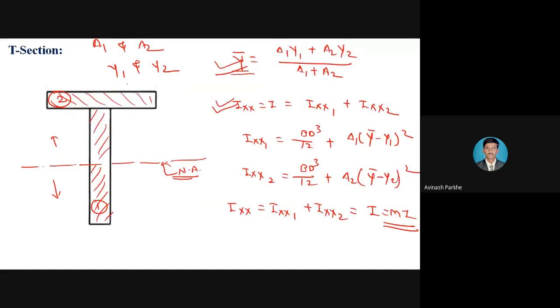But in case of a T section, it consists of only an upper flange. These words are very important. Upper flange, and it consists of only a web. At the bottom side, there is no lower flange. Therefore, it consists of only 2 sections. Therefore, you will get the y bar in the form of A1 y1 and A2 y2, and you will get the Ixx in the form of Ixx1 and Ixx2 only. There is no third section. Therefore, the effect of A3 and Y3 will not be considered in the T section.